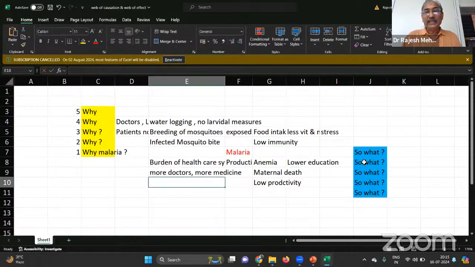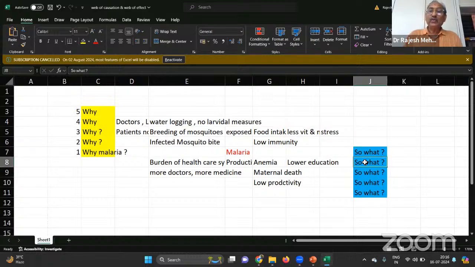And then you again ask, so what with malaria. The second thing, if there's low education, what is the problem? If there's anemia, what is the problem? If there's a burden on healthcare, what is the problem? Like this. So what? Third time also ask so what? Fourth time, fifth time also you ask so what? And then you will find a lot of effects of malaria on the society. And you will find that one of the main causes of malnutrition may be malaria,